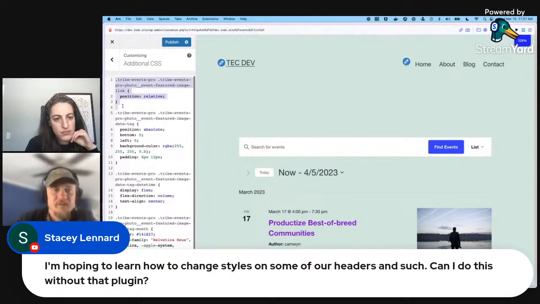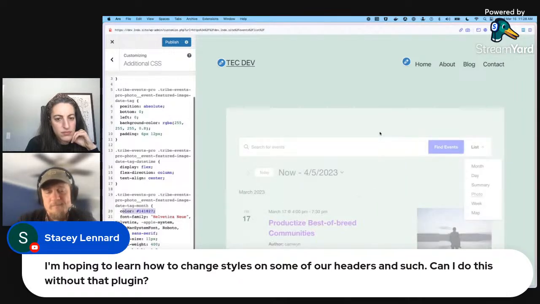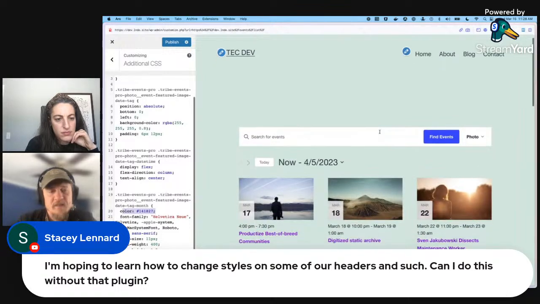So it gives position relative padding. You can add colors and stuff in here too. We've got some fonts set from that article. Oh, here's a color, right? This is for the photo. So let me go to the photo view. And then here we set a color. So let's say we want red, right? Oh, it's not going to auto publish that. But then if we publish this,